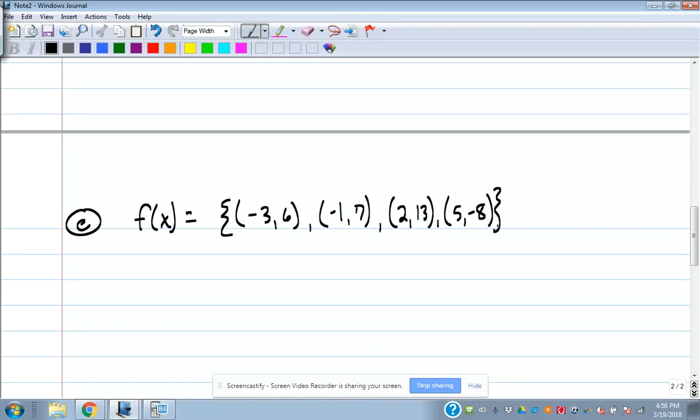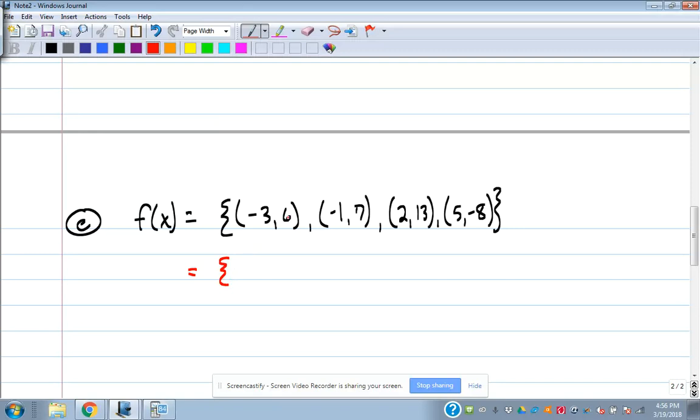So there's just a function. It's a set of ordered pairs. We know it's a function because the x's don't repeat. Is it a one-to-one function? Yeah, because the y's don't repeat either. Okay? The inverse of that